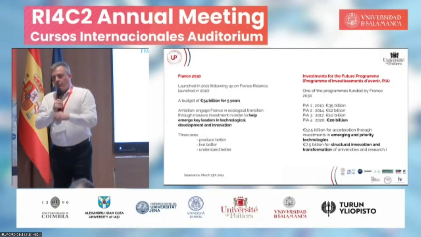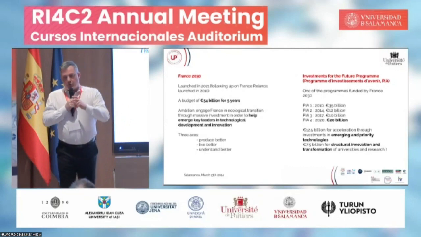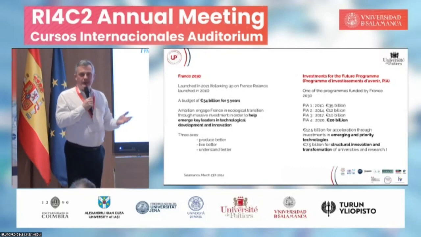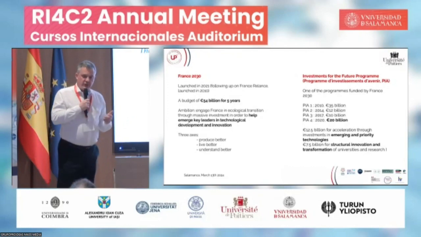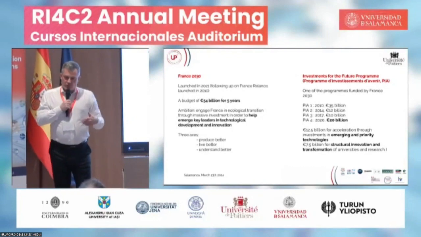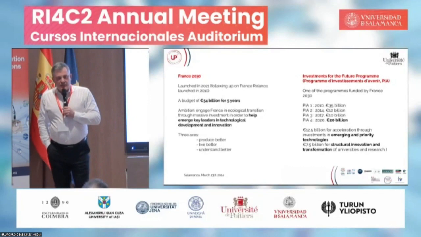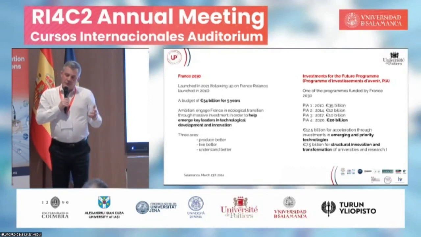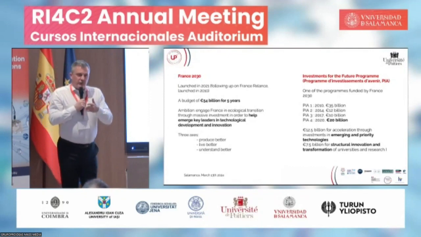And within this France 2030 program, there is one program which is called the Investments for Future program, le Programme d'Investissement d'Avenir, which is a PIA program, which is currently in the 4th wave. The first wave started off in 2021 when it was called France Relance. And the 4th wave includes one specific program where UP² for the University of Poitiers comes in, because we're laureate of this PIA4 program. It's a 20 billion